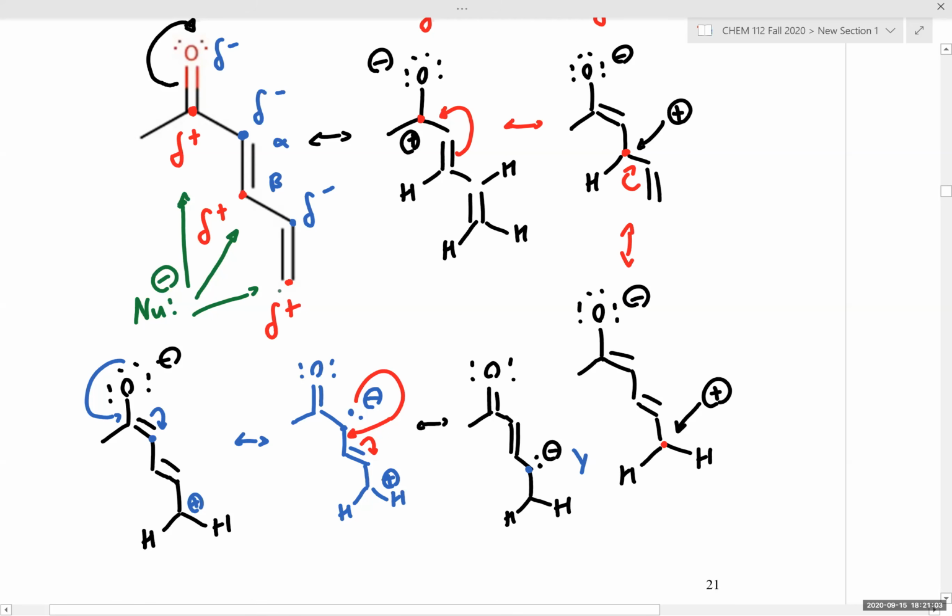Is everyone starting to see the connection between sites of electron density and electron deficiency, and how that can connect to patterns of reactivity that we observe for different chemical reactions? Does this example make sense? Perfect, perfect. So what we're going to